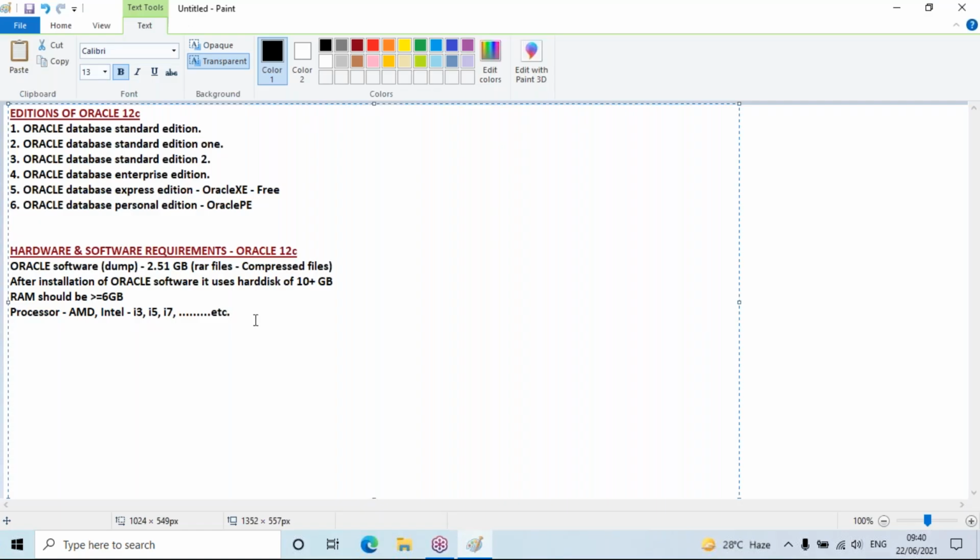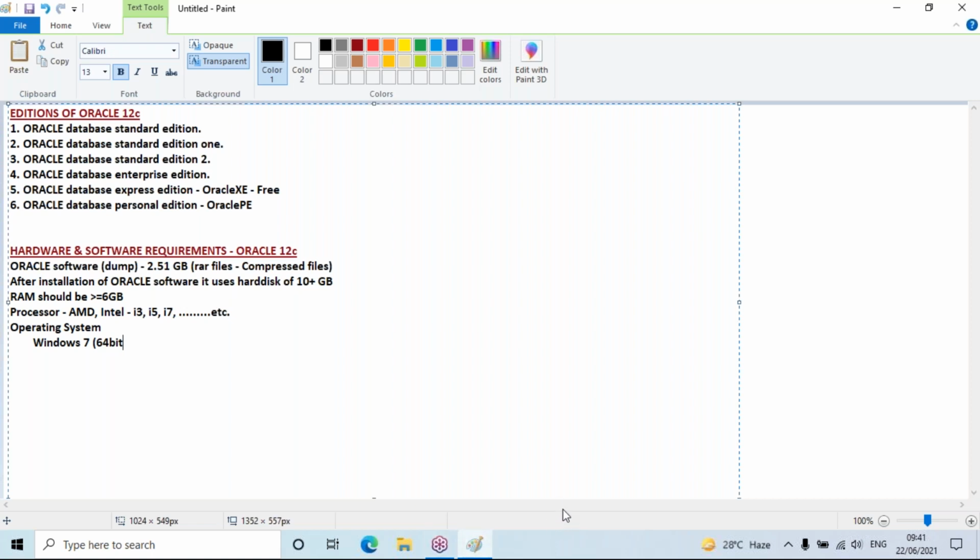Now going further, remember one thing about the operating system. If your system has Windows 7, it is compulsory that Windows 7 should be 64-bit OS.